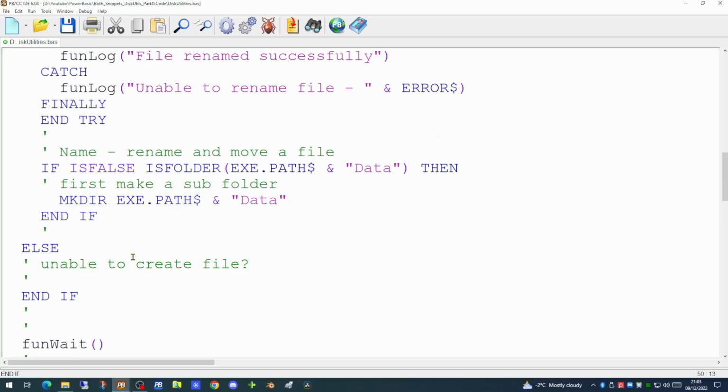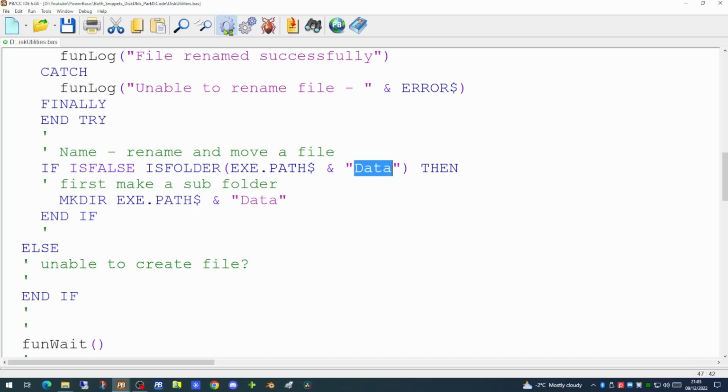So we're using the isFolder command, and we're testing to see if it's false. And we're giving it as a parameter the path of the executable and the folder name data. So if that folder does not exist, it will then attempt to use the make directory command to create the folder.